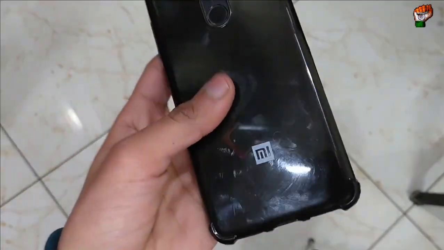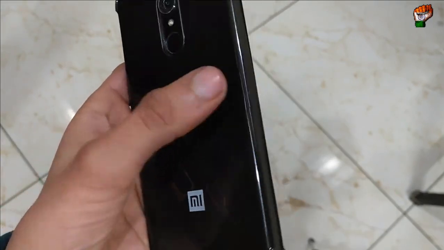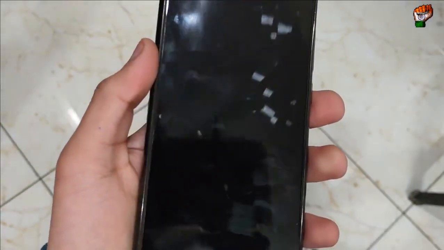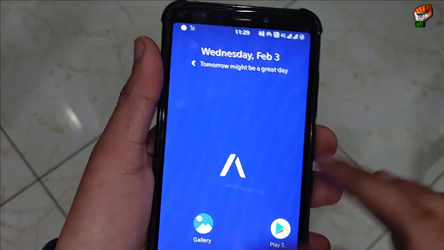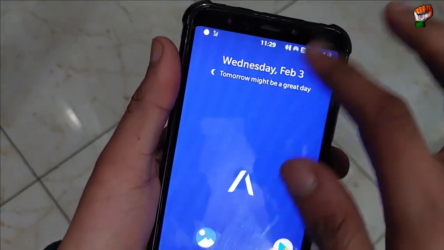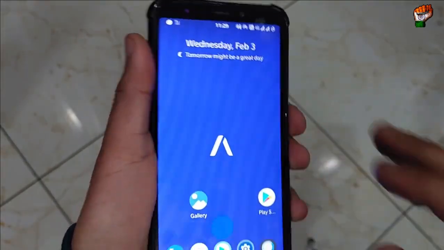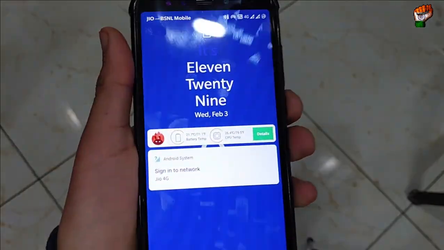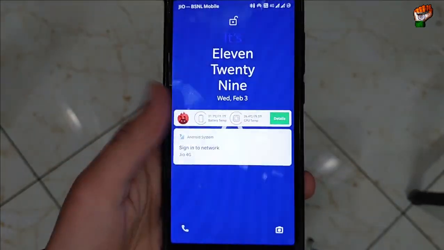I do not recommend this ROM for daily usage, and also not for gaming. So don't use this for gaming also. This ROM is lagging right now without playing any game. As you can see, touch is not responsive in this ROM. Why, I don't know. After I rebooted my device 2-3 times, there is the same problem.